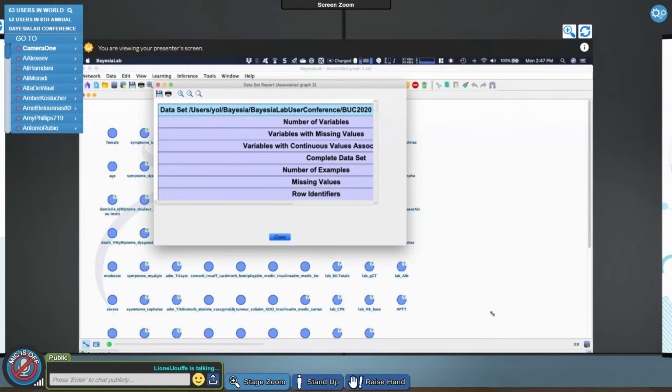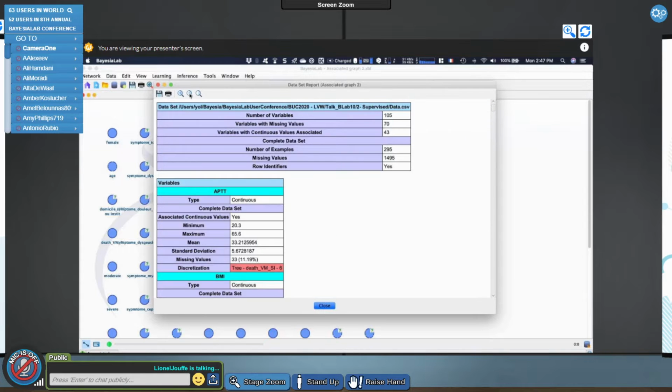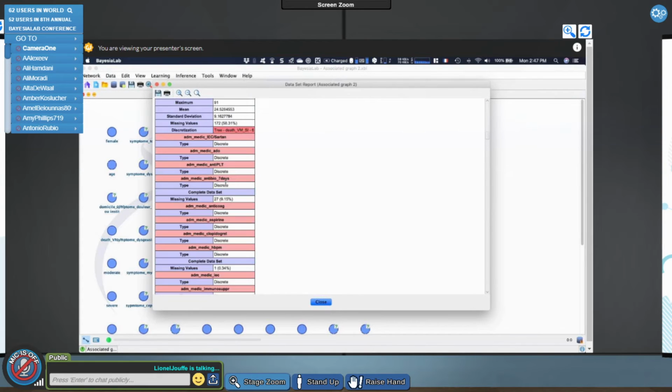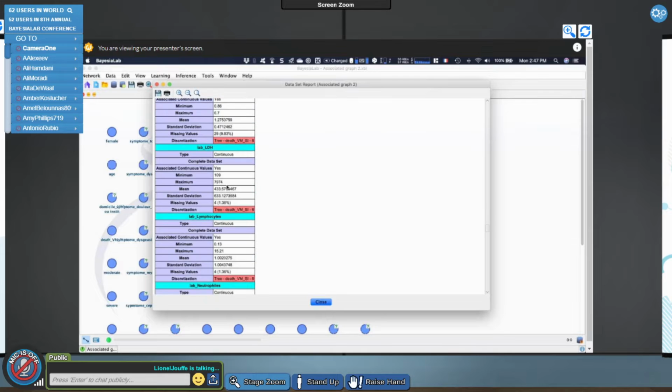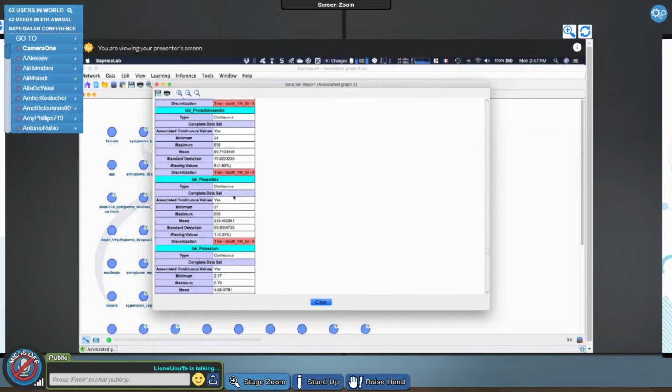Which is far too big now. And then here you have the color. So everything is based on color. When it's red like that, we used a tree as a discretization algorithm, and then each algorithm has its own colors, right?